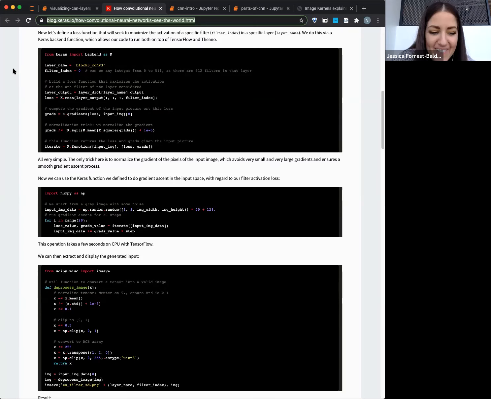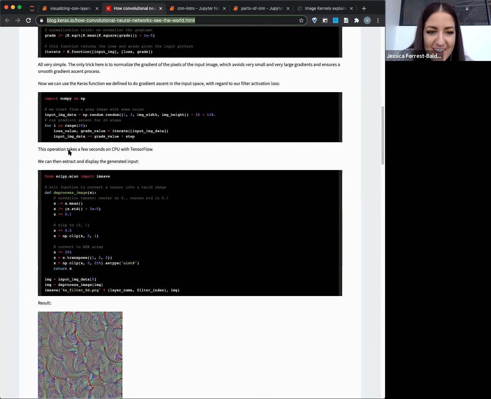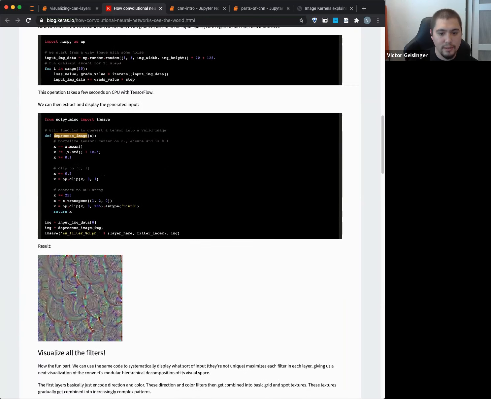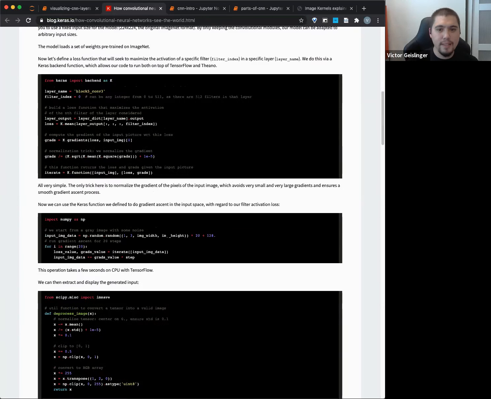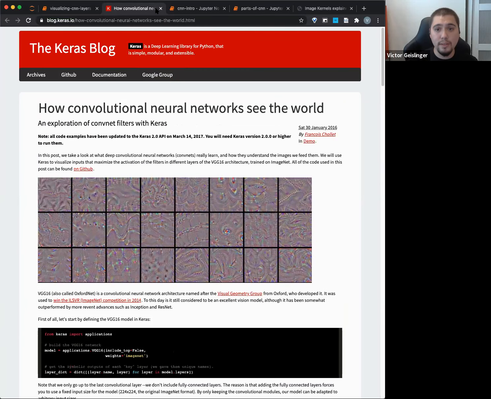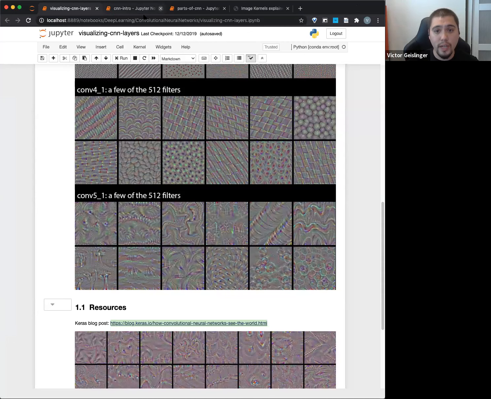So there we go. And you can kind of see a little bit of what's going on. It's not necessarily doing the convolution. It's kind of trying to work it backwards. Like you can see this process image and stuff like this here. So anyway, it's a cool thing to do. It also can help you with debugging what's going on with your convolution.